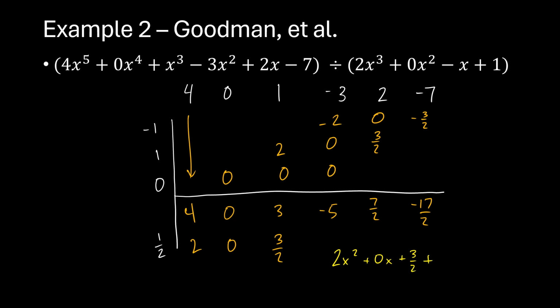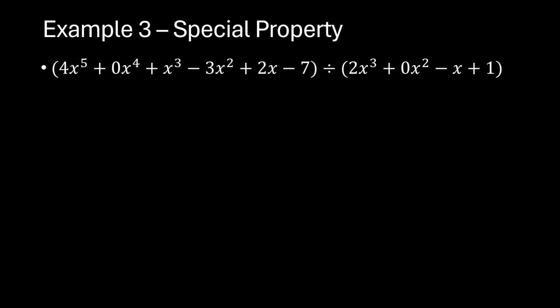And you put the remainder over your divisor. So it's -5x squared plus 7/2 x minus 17 over 2, all over 2x cubed plus 0x squared minus x plus 1. Done. All right, so with this one, I want to show you a special property, and the way that we're